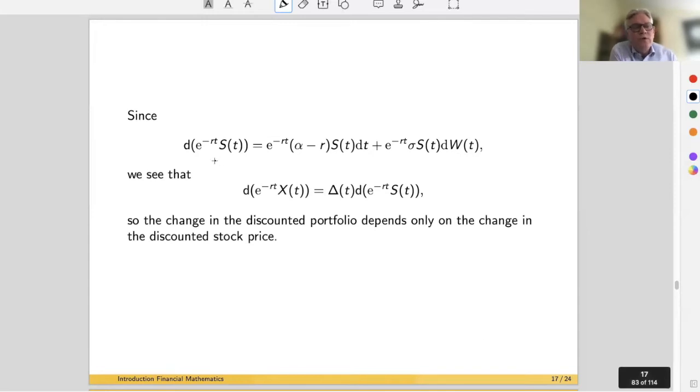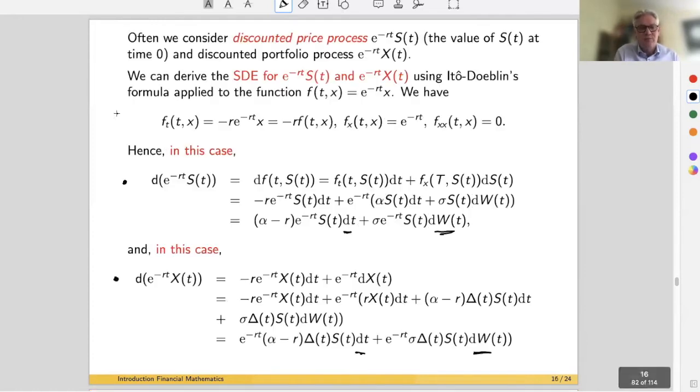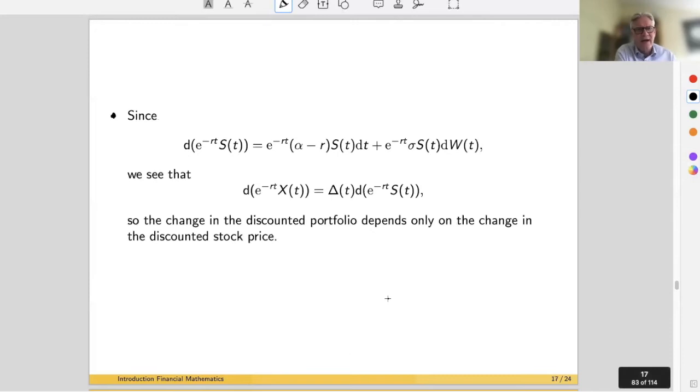What we want to do now is look a bit more carefully back at these two processes. What we see here is they are very similar, right? The discounting term is there, alpha minus r S is there, only the delta is different here in the dynamics of the discounted portfolio process. We see delta appear here and we see delta appear here. For the rest, they are the same. So looking carefully, we see that